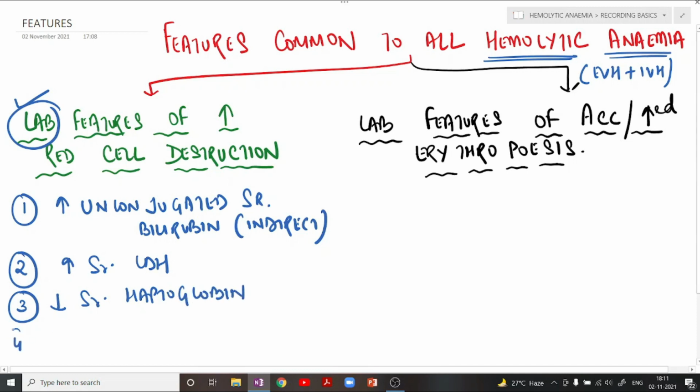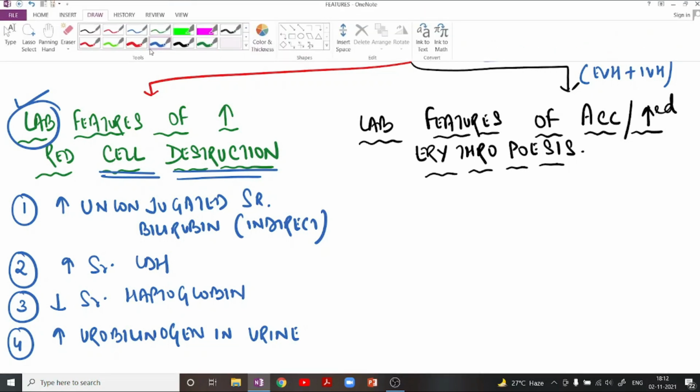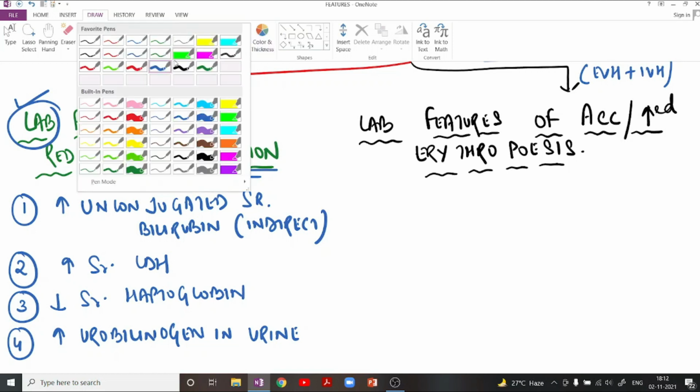And the fourth important feature is increased urobilinogen in urine. So all these are laboratory features of increased red cell destruction. All these features indicate excessive destruction of the RBCs. Now once destruction is there, the body will try to compensate also. So there will be increased erythropoiesis as well. Yes or no? So basically we are going to see what are the features of excessive